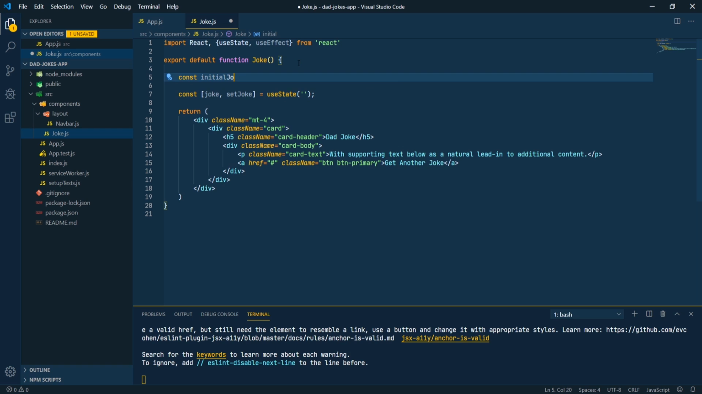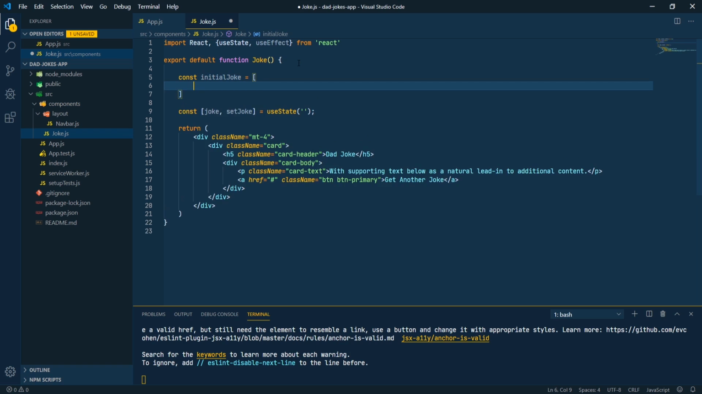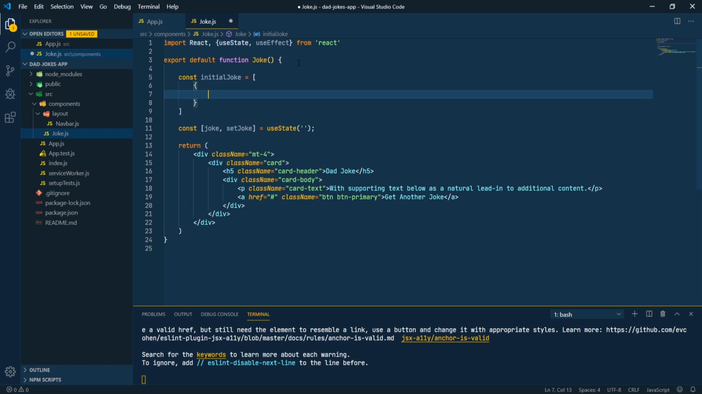initial joke, and then this is going to be set to an array with an object, and this is going to be a joke object. So let's just say it's got a joke and haha funny joke, right? So we'll save that,